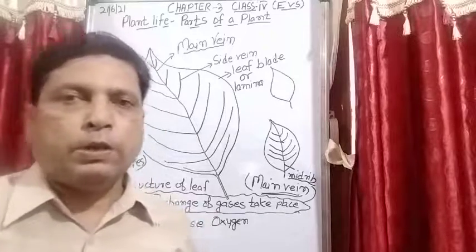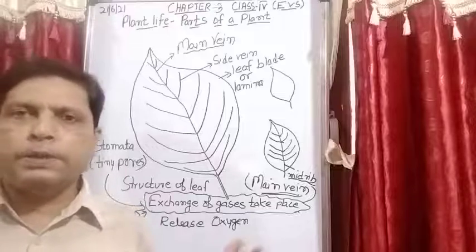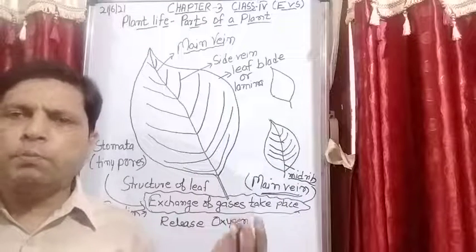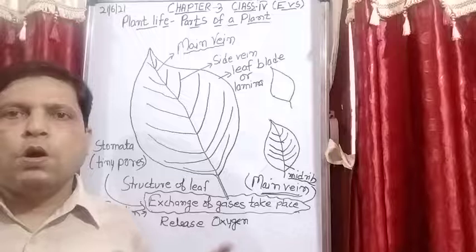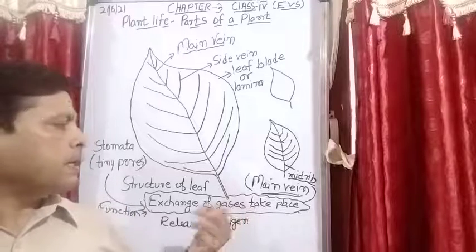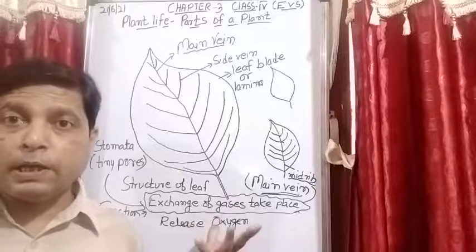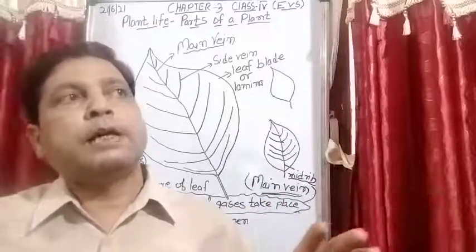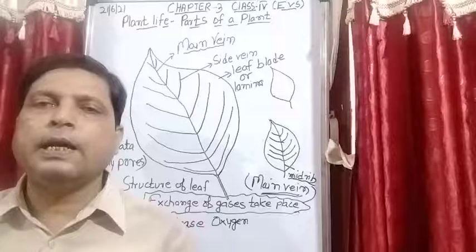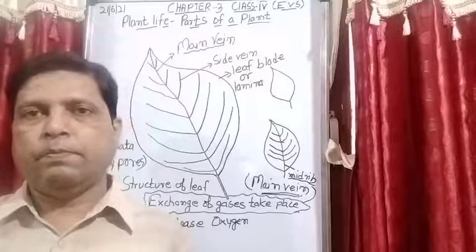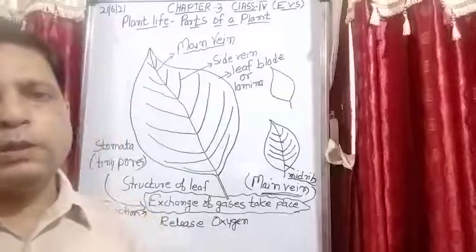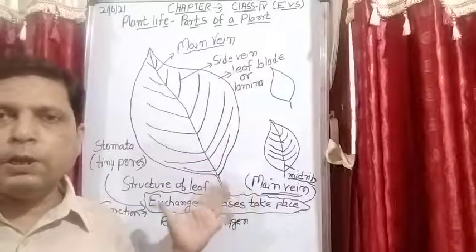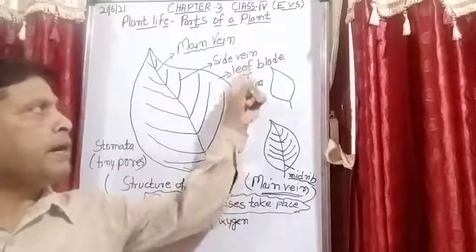So the leaves also, it is not that all the plants have the same leaves, you would not have seen that. Some plants have very large leaves, some plants have very small leaves, okay. But what is common in all, whether the leaf is big or small, it doesn't matter. Like in plants I told that some of the plants are very small, some are medium size and some are very tall plants, but the common thing is that their body parts are same, okay. In the same manner whether the shape or the size of the leaf is not same, but their parts are same. Whatever leaf it is, the flat part of the leaf we will call lamina.